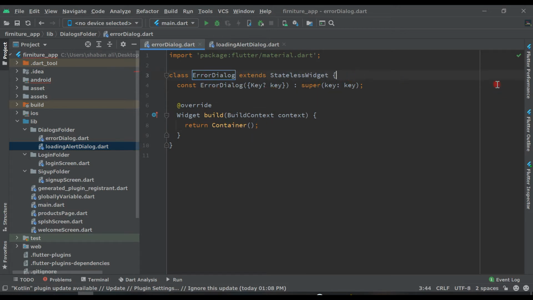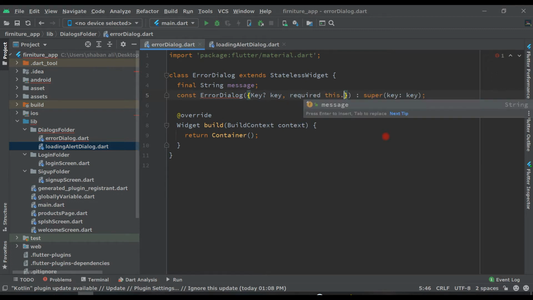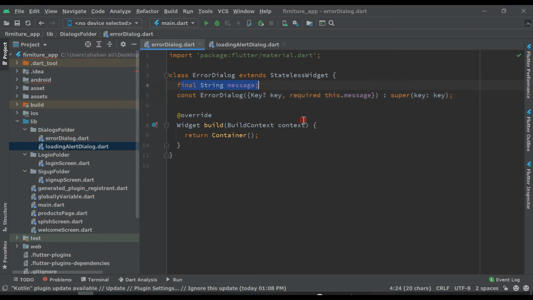Here we have to declare one variable, final String message, and inside the constructor we have to mention this also. After the key comma, type required this.message. This is the constructor for this variable.